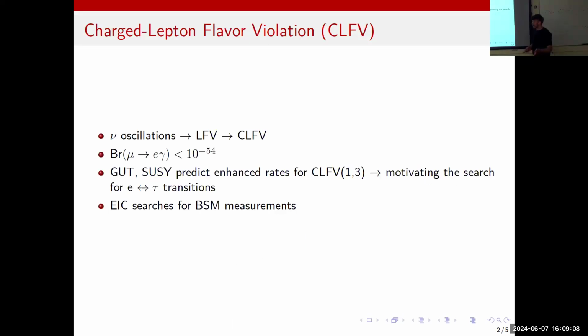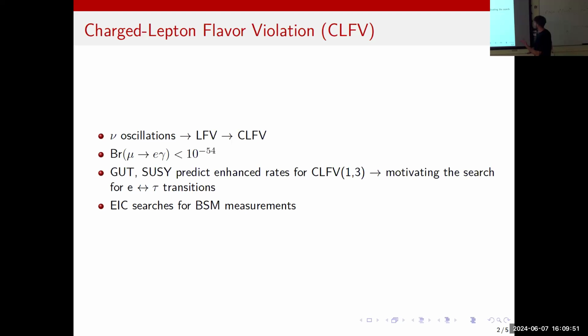Before jumping to the topic, we know that neutrino oscillations lead to lepton flavor violation, and of course, through loop processes, we can go to charged lepton flavor violation. The branching ratio for charged lepton flavor violation within the standard model is 10 to the minus 54, which is heavily suppressed, but people have worked on that and enhanced this. For example, for charged lepton flavor violation from electron to tau, people working at HERA, the BaBar experiment, and LHC have enhanced the rates,